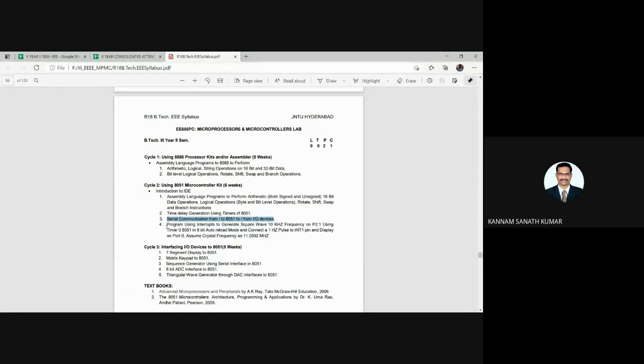So we are left with the interrupts concept. This I will tell you after a couple of experiments. In this lab I will start cycle 3. In cycle 3 we have the 7-segment display and matrix keypad. Matrix keypad was already discussed in the class; once again I'll tell you in the coming lab. This is a sequence generator, so this I am not doing. I will cover this 8-bit ADC. The 8-bit ADC concept I told you, the programming, as well as how to simulate in the Proteus software.